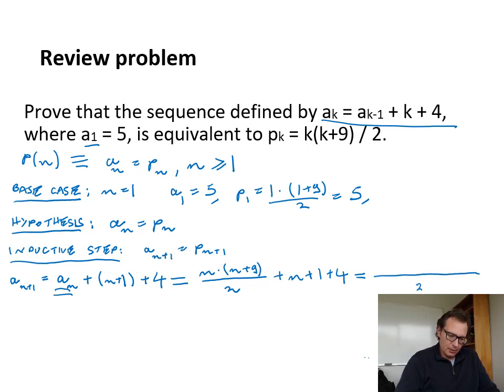We have 2 below. We have n times n plus 9 plus 2n plus, what do we have here? 10. That's equal to